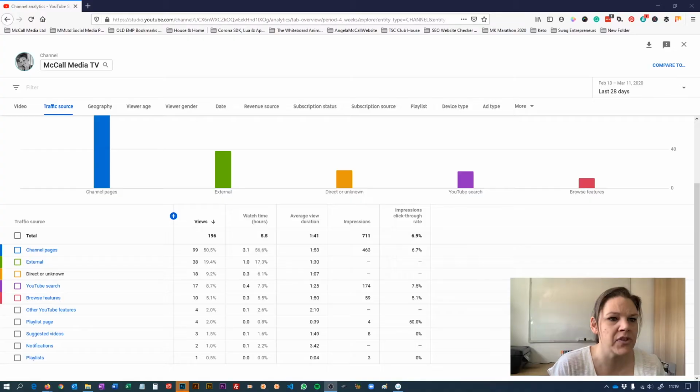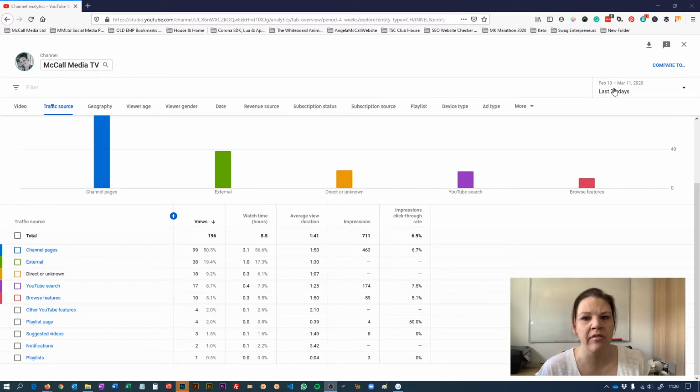Okay, so one of the reasons that I wanted to run these adverts and prompts is because I have taken a quick look at how I've started to perform on some of my analytics, and I'm just going to show you this now. I've turned it into a bar graph to make it a little bit easier for you guys. All I've done is gone into my analytics and I'm looking at my entire channel, so you can also do the same sort of thing per video, but at the moment I'm looking at my channel as a whole, and I've got the settings here for the last 28 days.